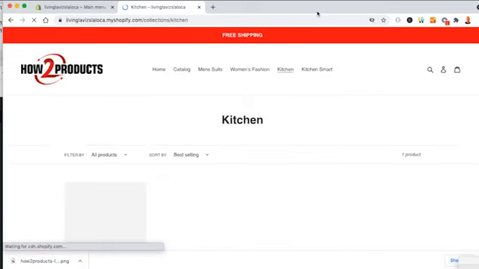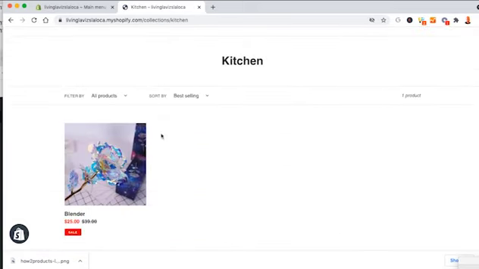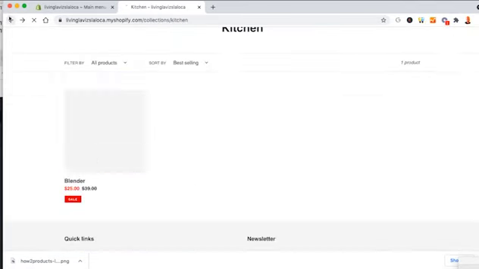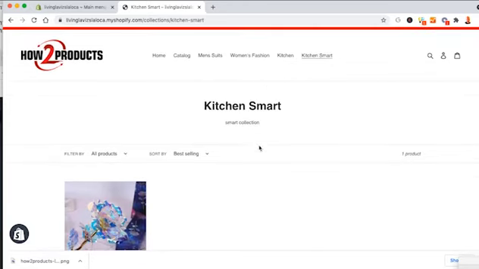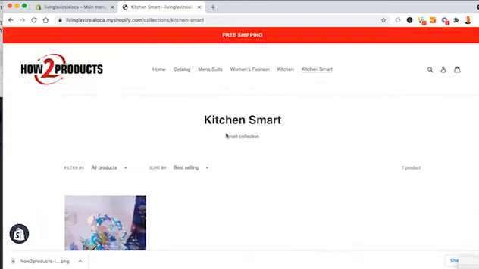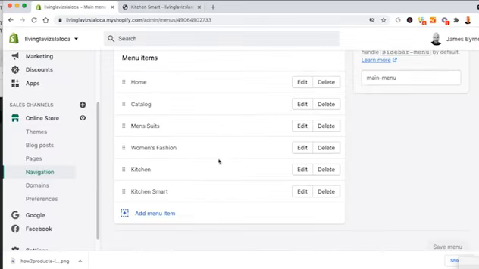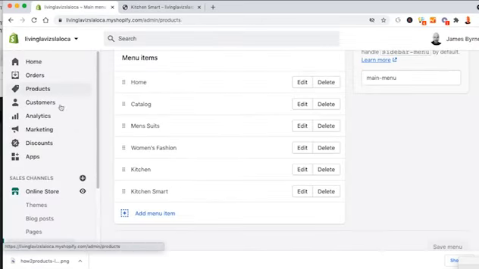Let's go to kitchen, just regular kitchen. This is the manual kitchen, right? Manual. I added this manually, all right? So now if I go to the kitchen smart, there, I also see anything that has home decor. So watch, if I go back in, and I also go to this other, I'll go to products, and then